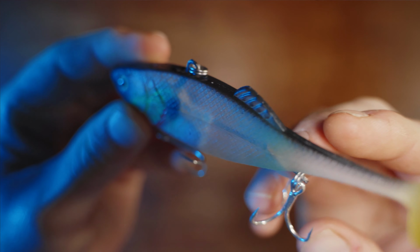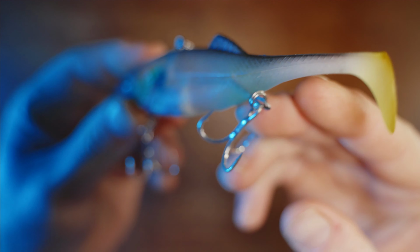Next up, we've got a vibe lure. This is a soft plastic vibe lure, the Berkeley Shimmer Shad. Now, the best way to rig these, in my opinion, is with a loop knot. This is going to give you maximum vibration and the most action out of your vibe lure. Now, what makes these a little bit different to other vibe lures is that they do have a pretty big paddle tail on the back. So you are getting a little bit of extra movement and a little bit of extra vibration with this vibe, not just the traditional